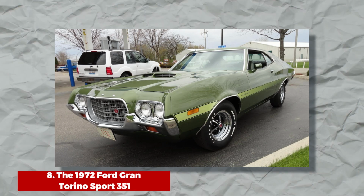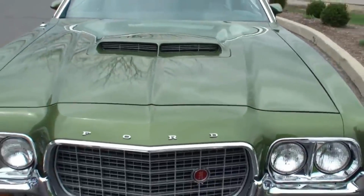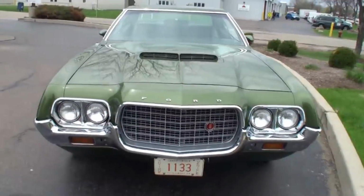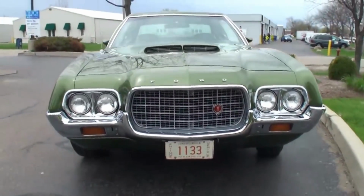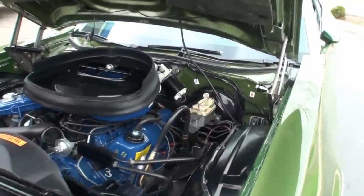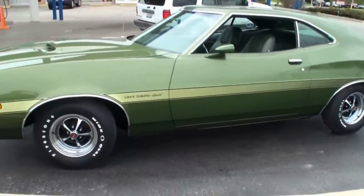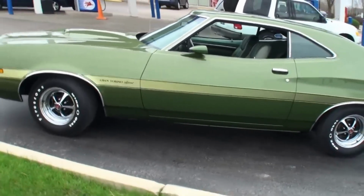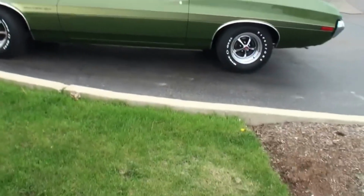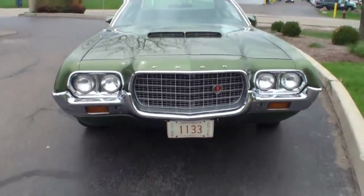The 1972 Ford Gran Torino Sport 351. Imagine a '72 drive-in. This Torino parked under neon, a kid dreaming of Eastwood's grit. A 351 Cleveland V8 with 275 horses, 60 in 6.8 seconds, quarter mile in 14.3 seconds, cost $3,600 then, now